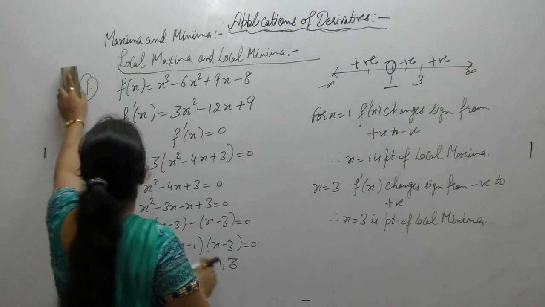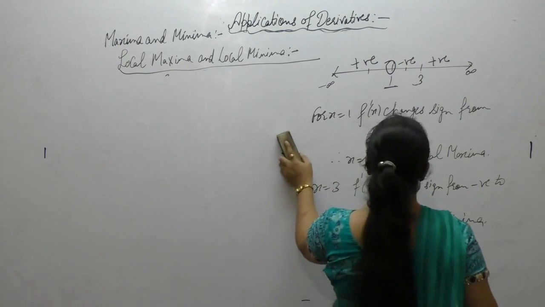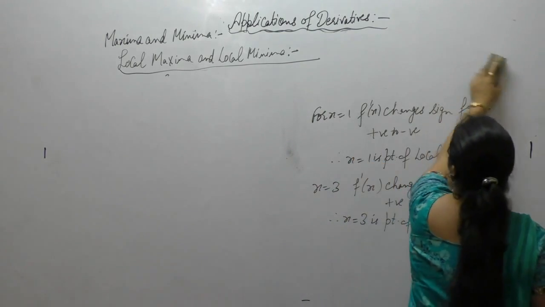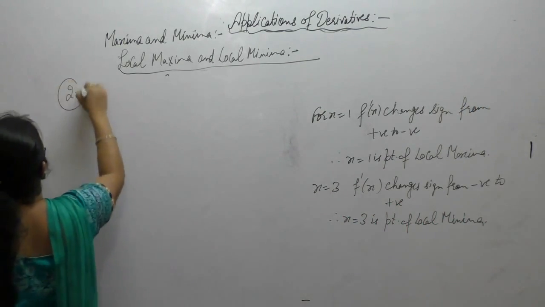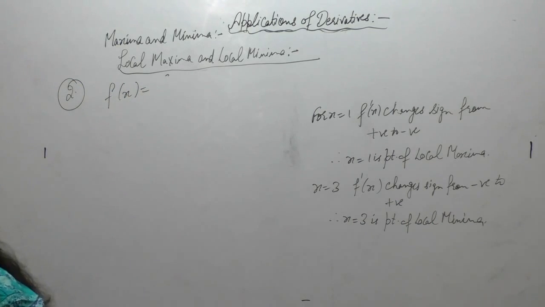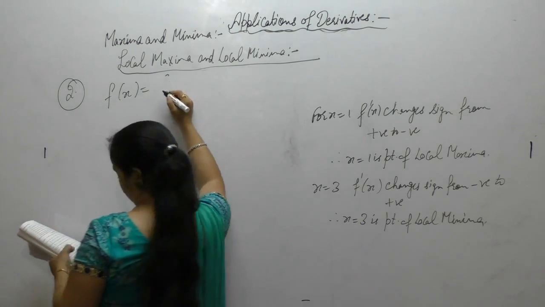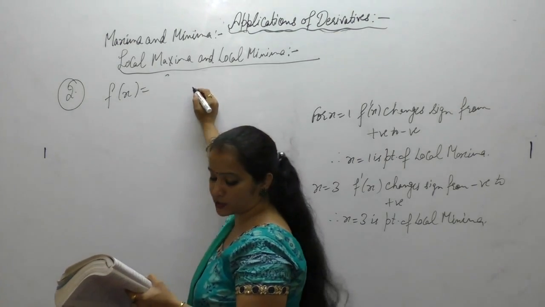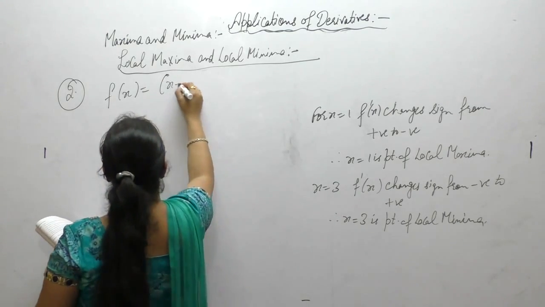Now the next one. Find all the points of local maxima and local minima as well as the corresponding local maximum and local minimum values for the function